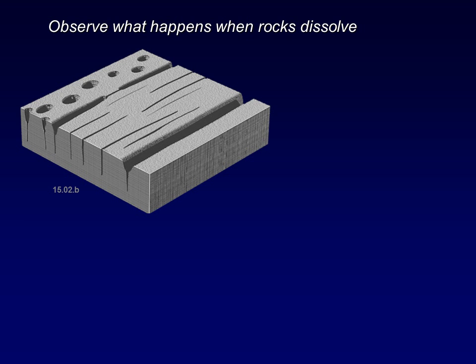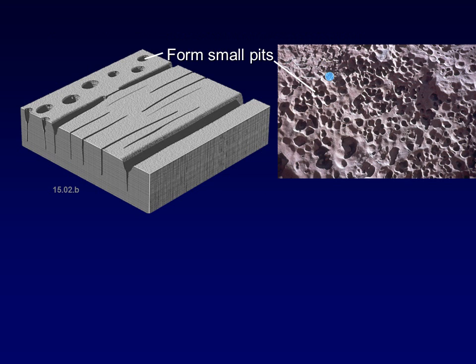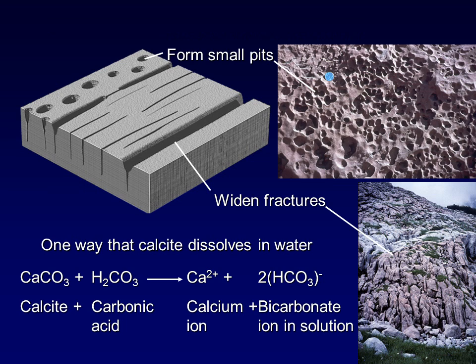What happens when rocks dissolve? Okay, so observe the features that form when rocks dissolve. These photographs here are of limestone. So what's going on here? We have the formation of pits, right? The little divots or holes that are here. We get rounded edges and corners, wide joints, and it looks like the joints would capture runoff,